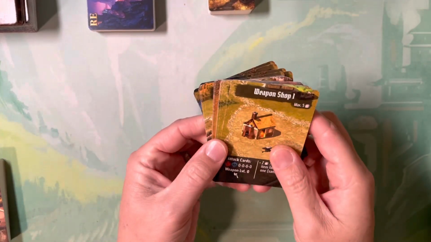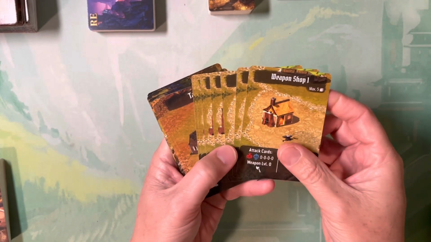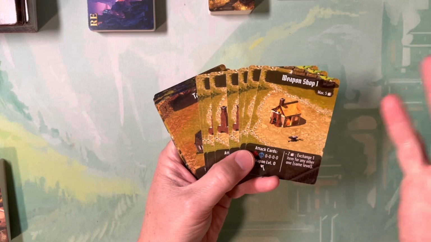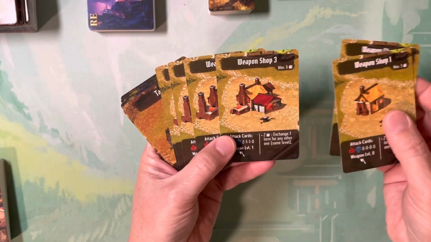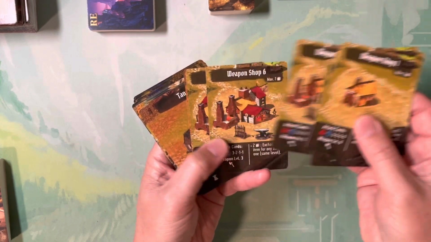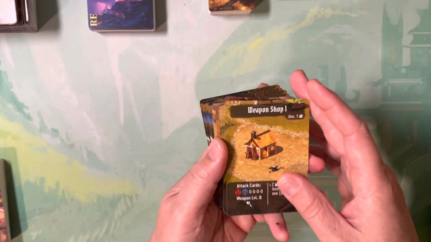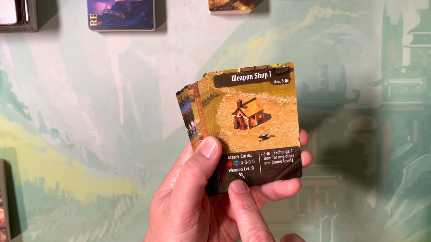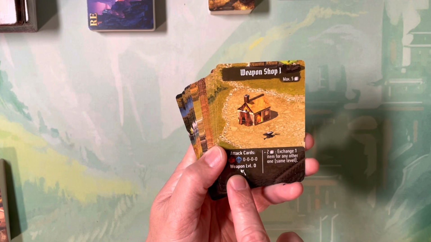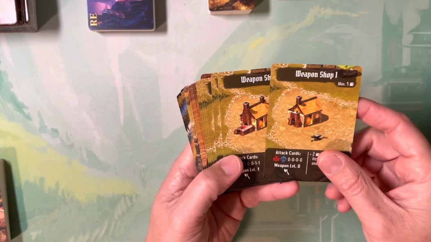While we're talking about the city phase here, there are all of these shop cards. So on that map that we looked at earlier, there are some blank spaces that represent, for example, a weapon shop, and then you can upgrade a weapon shop. 1, 2, 3, 4, 5, 6, 7. Same thing for all of these. Each one of these gives you the ability to take certain attack cards and weapon levels. You can exchange mana for them, and